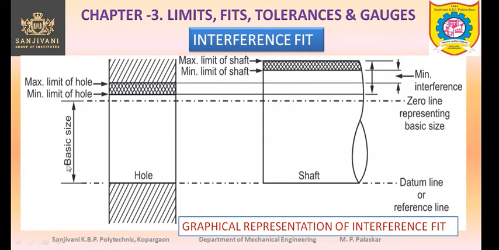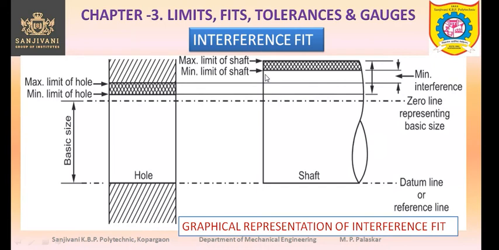So this is the hole, and you can see that the hole is also greater than the basic size. The tolerance zone is above the basic size, above the 0 line, and this is the lower limit, the minimum limit of the hole. From the datum line to this line, we obtain the minimum limit of the hole, that is the smallest hole, and from the datum line to this line, we get the maximum limit of the hole. Okay, so for the interference, you can see that this is the minimum interference.